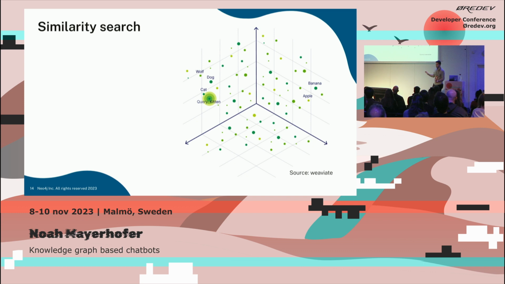And the cool thing with these vector embeddings is that if you place them in vector space, here's where the math comes in, you can imagine them as a point. So here we have a three-dimensional vector space. So we would have three-dimensional vector embeddings here, but it can be longer, it can be thousands of dimensions. And the cool thing here is that the vectors gather up in the meaning of the things. So to the left we have different animals, and to the right we have different fruits. So then if we would like to search for something, for example here we search for kitten, we can see that cat is very close to kitten, so we get the related information.